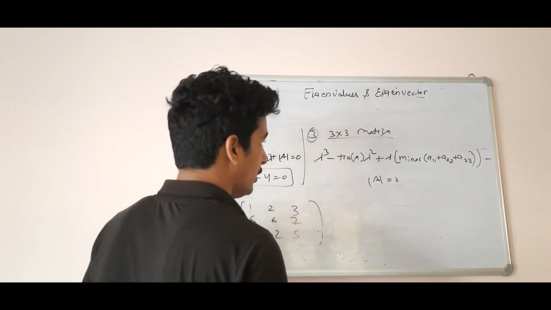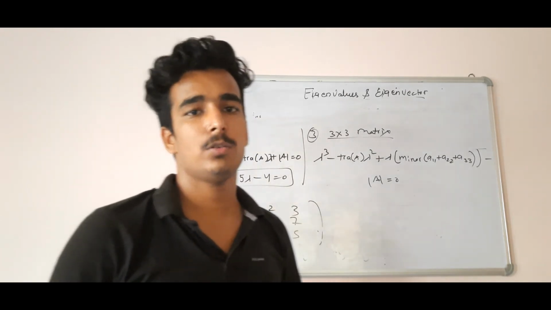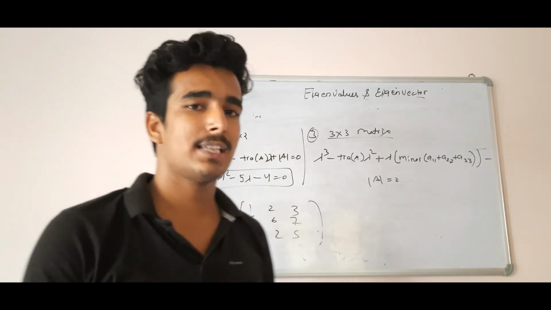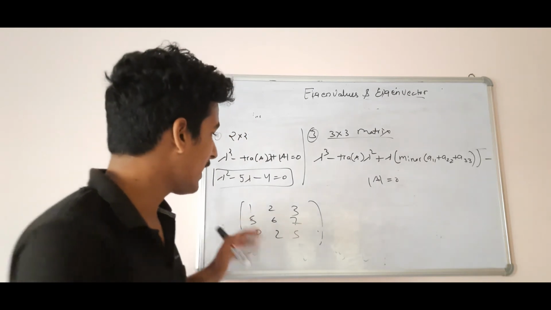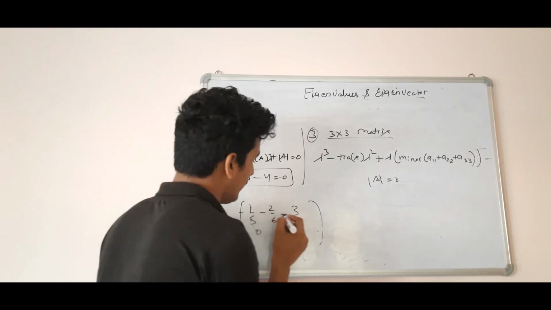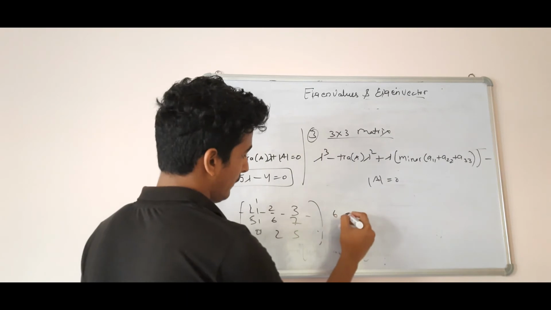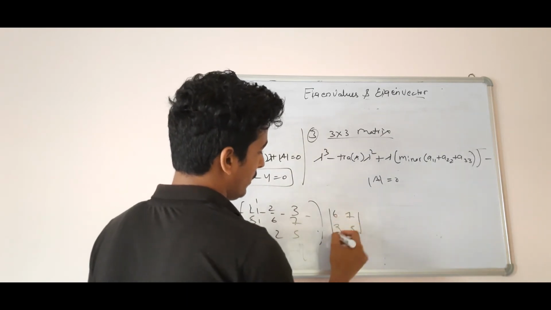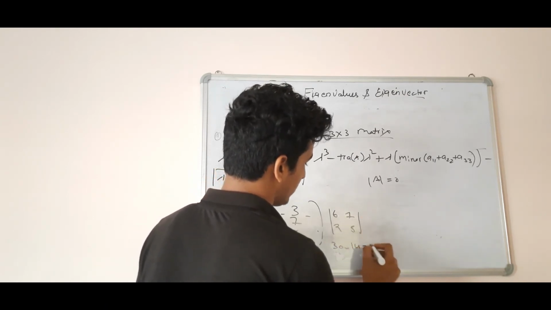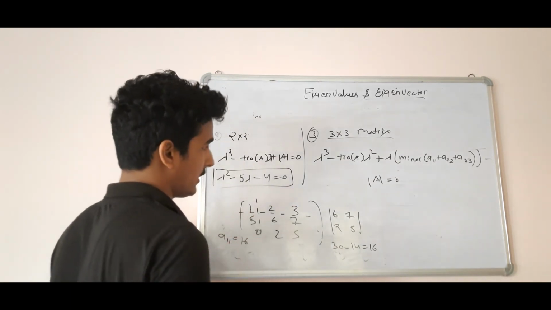So what is the minor of 1? How to find a minor? In earlier videos I told you how to find a minor. There is some mistake in those videos, I didn't notice it at that time, but here I am telling you what a minor is. For the minor of this element, I have to neglect this row and this column, and take what remains, the determinant of this 2 by 2 matrix: 6 times 5 is 30, 7 times 2 is 14, so 16. So the minor of A11 in this matrix is 16.